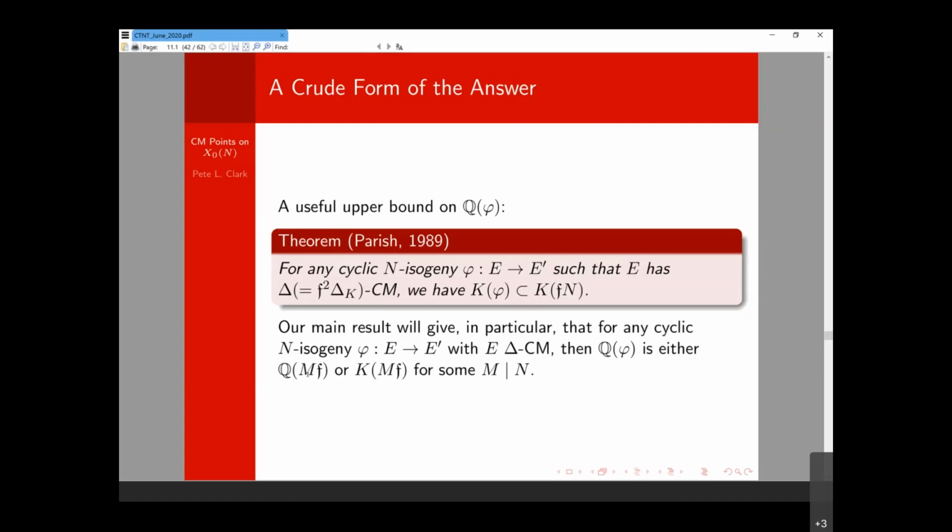It's going to be isomorphic to either a rational ring class field or to an actual ring class field. And then the conductor of either of these two fields is somewhere between the conductor F that you started with and n times that. Okay, so the result is actually, I mean, we want to prove this, of course, but at least you're seeing that the fields of moduli that we're getting are pretty simple.